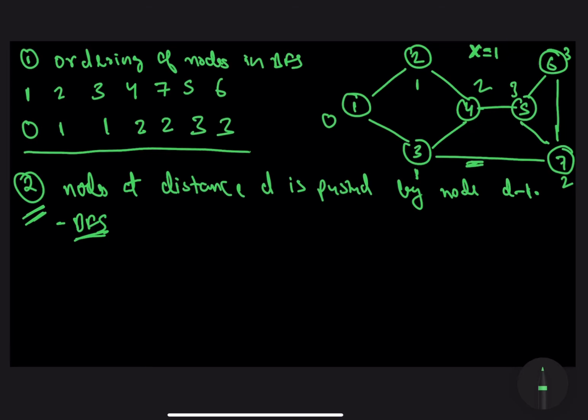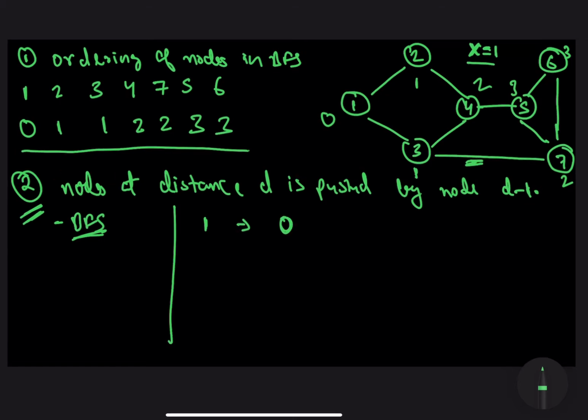Now if you remember, the breadth first search algorithm always starts with the starting point x as mentioned. And we also know that the distance of the starting point is equal to 0. So this distance equals 0 becomes our base case. So let's say the distance of point 1 in this case is equal to 0. And now from the second property, we also know that the nodes that would be pushed in by this node x equals 1 would have a distance of 1. Why? Because this node is at a distance of 0, and the other nodes which were pushed by it, from this property number 2, would have a distance of 1.